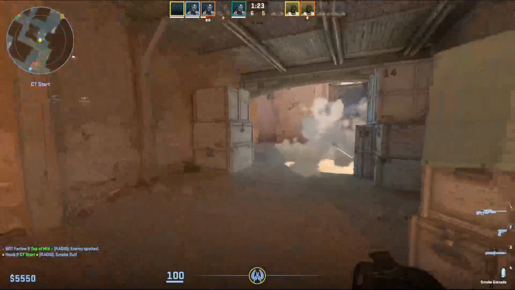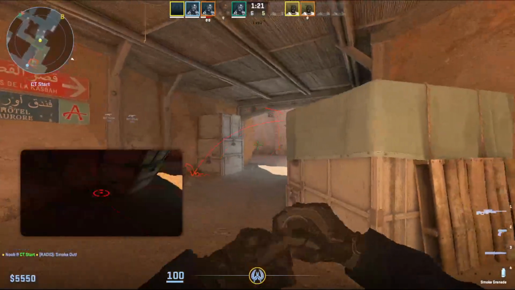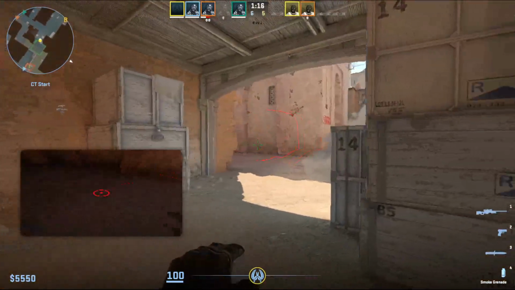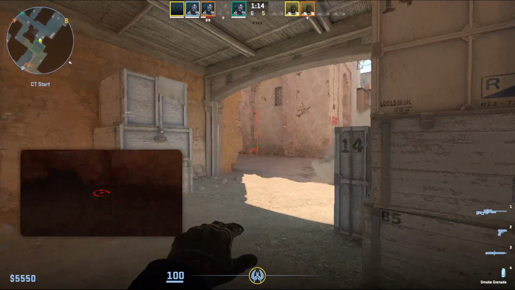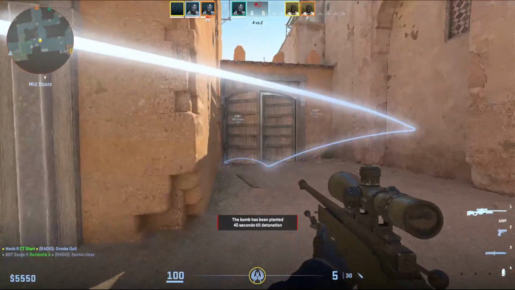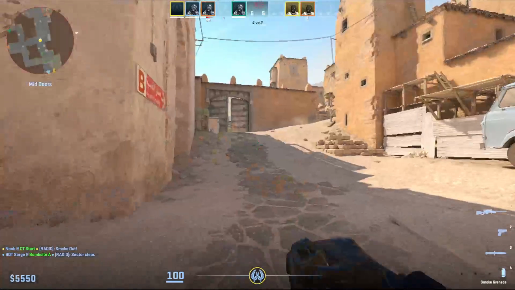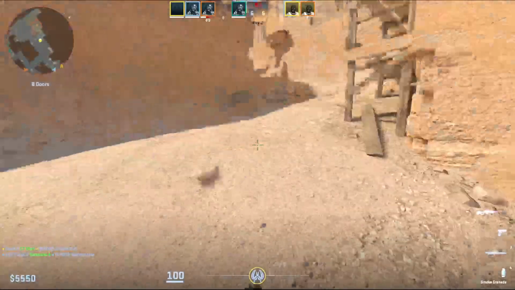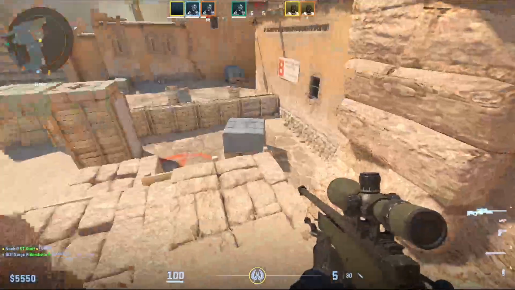A passive smoke, that means it covers up the mid of the doors. Just aim here and that way all the smoke is cleared from mid and you can pass to B. And while I kill those,